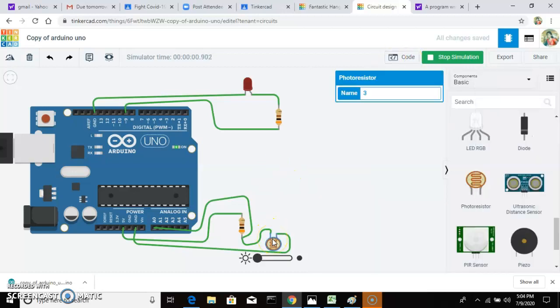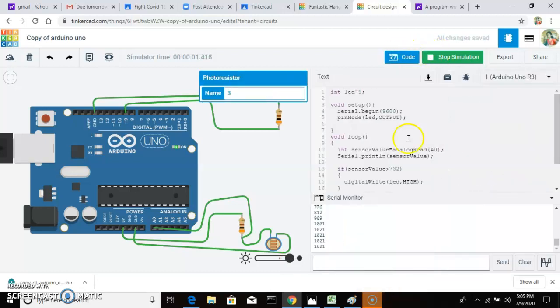So this is the condition we can see here. When it is in light condition the LED doesn't glow, and when it is in dark the LED blinks. We can see the variation here. The brightness of the LED changes very slowly. So the LED turned off slowly when it was in light condition, and slowly it turned on when it was in dark condition. So finally this is the circuit, and this is the code for the